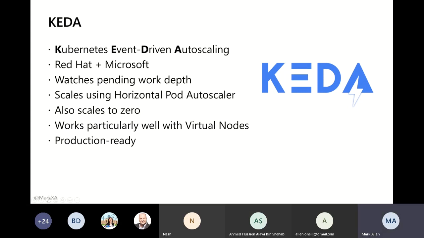containers and pods you're going to need, not how many it looks like you're needing because you've got so busy already. It also allows you to scale down to 0, where the horizontal pod autoscaler normally only lets you scale down to 1. So that it works very well with virtual nodes, and it is now a production product. So it has passed version 1. It is GA. It got released, I think, at KubeCon this year or last year. But it's now a thing that you can use in production, and people are using.